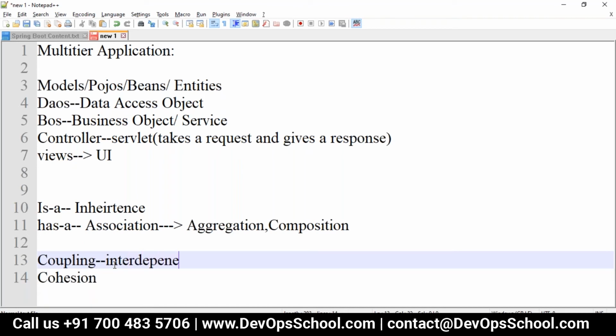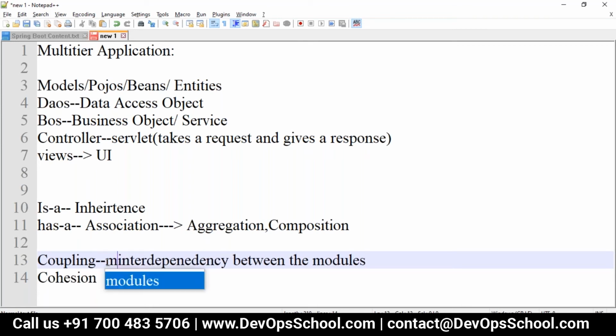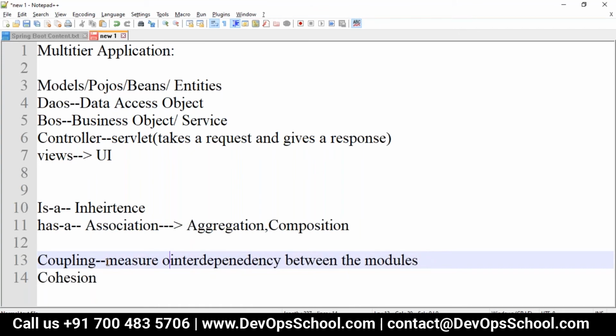It is a measure of the degree of interdependency between the modules.